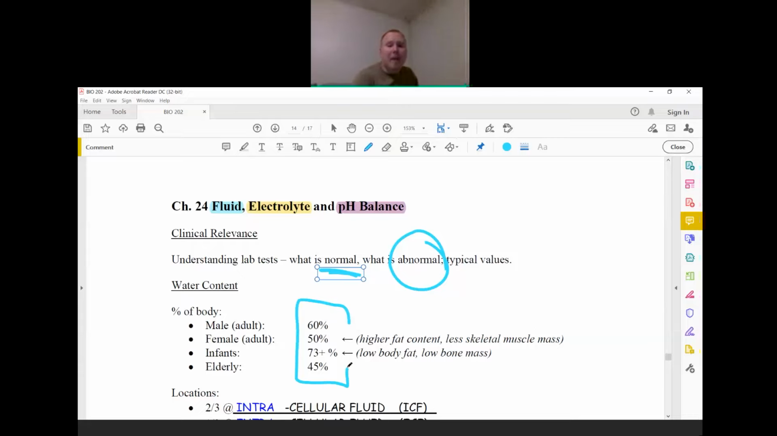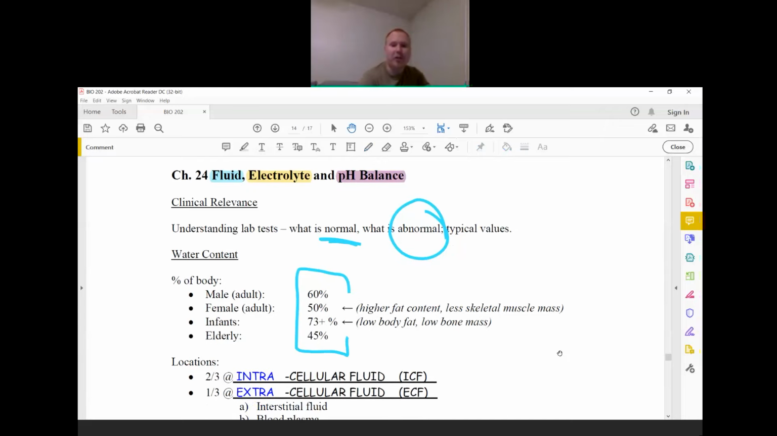We end up noticing that males have a higher water content as adults than adult females, mainly because females have higher fat content and less skeletal muscle mass on average. Infants have the highest amount of water because they have low body fat, low bone mass, and then elderly people typically have the least amount of water